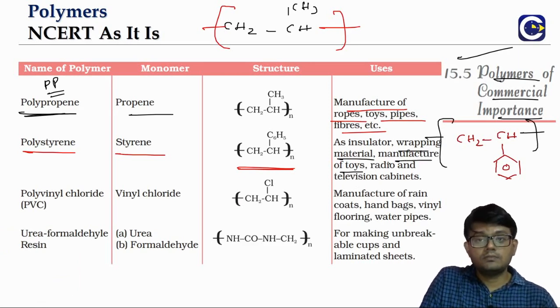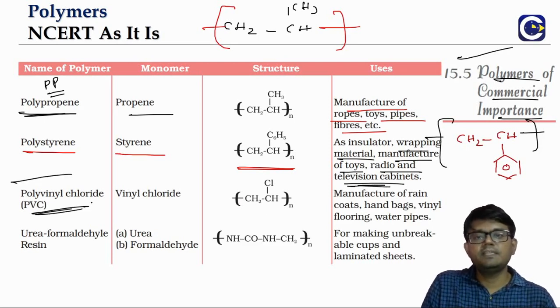So all these are what? The applications where there is an overlap. Remember, I said something that when you have questions by giving the applications, they will sometimes ask about the polymer. There they will be generally going for what? The specific applications. Like you see polystyrene, right? It is used in making of the radio and television cabinets. This is something that we can remember.